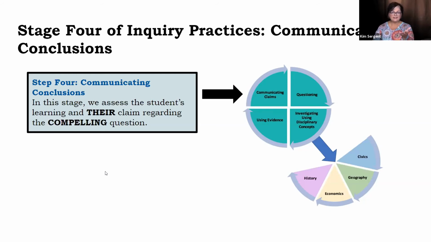And the beauty of this, and this is another reason why I really love our standards, is that communication is in the best way that the students communicate. It is no longer dictated. Especially when you go into the KDE document, I think on page 16, it has four green, teal-colored squares. If you see teal, by the way, that is inquiry. When you look at those four squares, the outlines are questioning, investigating, using evidence, and communicating conclusions. When you look at communicating conclusions, it specifically says to use newer formats. That's one of the suggestions that it makes.